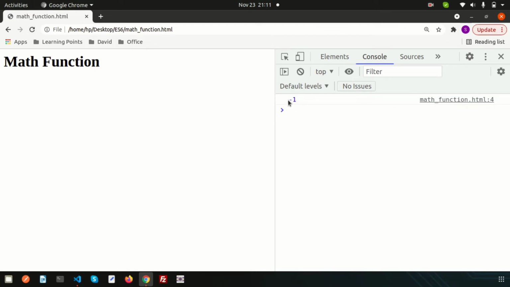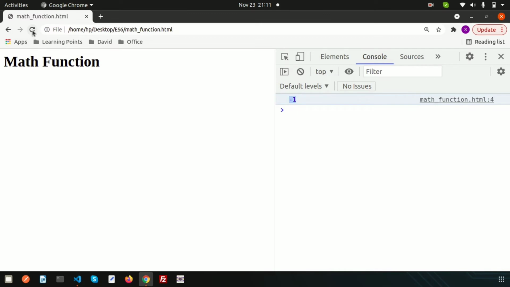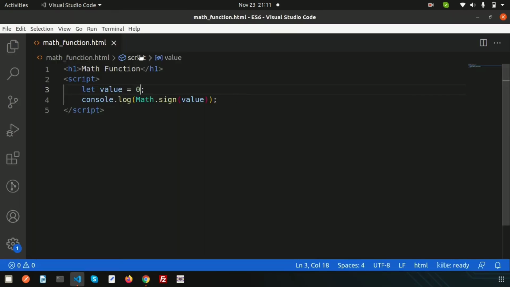It is basically showing -1. Actually -1 means negative, +1 or simply 1 means positive, and if it is 0 that means a neutral position. Suppose I write simply 0, then we can see this is 0, right? That means it is not positive, not negative.